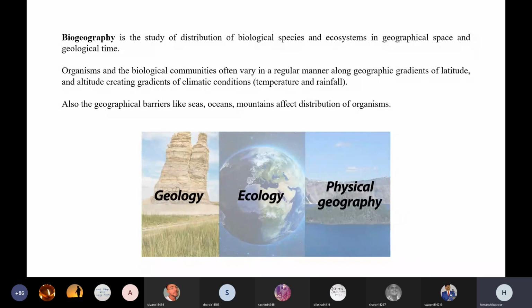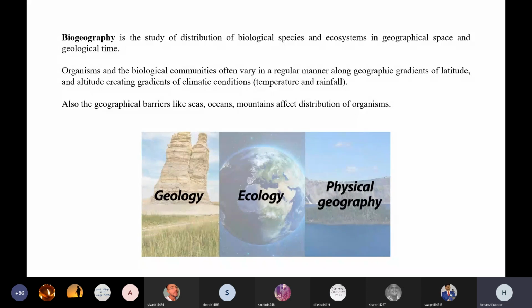Obviously on Earth there is a variation in the geographical features. At some places there are plains, while at other places there are mountains, and then we have seas, oceans, and everything. And this again changes the climatic conditions. Because of the gradations of latitudes and altitudes, the temperature conditions are changing. According to these varying conditions, different biogeographical zones have different organisms. So that is the study of